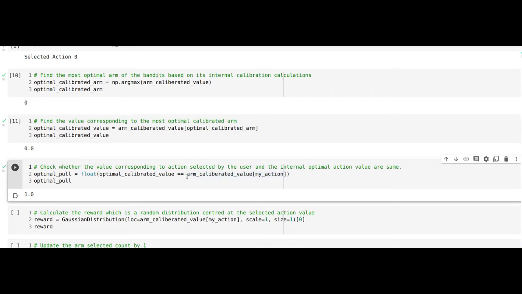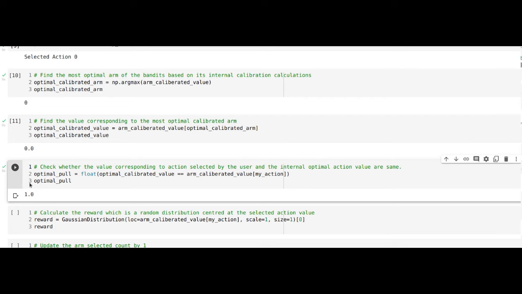If the reward we get is equal to the value corresponding to the maximum action, then the pull is optimal. If the reward is not the maximum reward, then the pull will not be optimal.